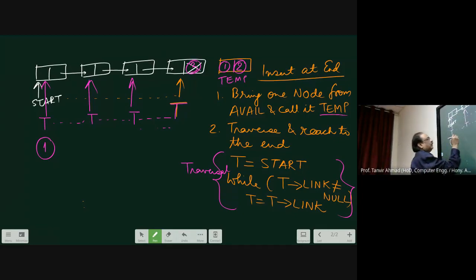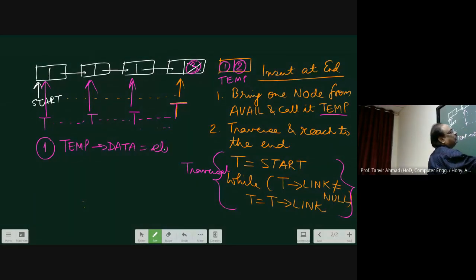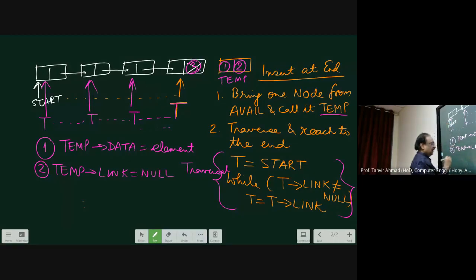You write the same concept, temp of data is equal to some element, some integer value, temp of link is equal to null, and third, you have to modify the link part of t with nothing but the address of temp.